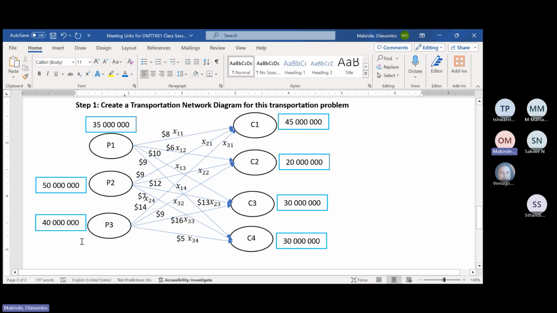So that means since we have 3 suppliers, we are going to have 3 constraints to write for each of the suppliers, which is each of the plants. And we have 4 cities for the demand, so we are going to have 4 constraints. So meaning that we are going to have 7 constraints altogether